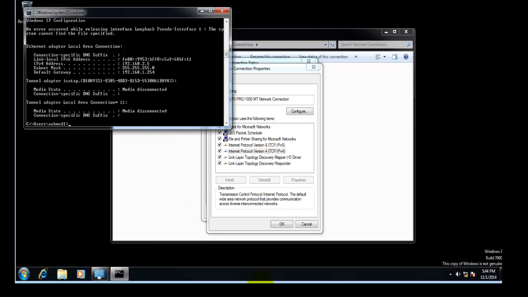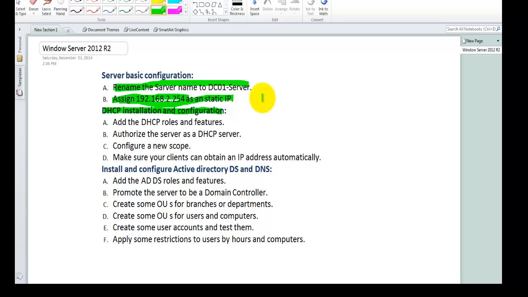Now we did the reservation by MAC address. We added the roles and features, we authorized the server as a DHCP server, remember when we did the commit thing, we configured the scope, and also we did the reservation. And our client got an IP address automatically from the DHCP server, and we did the reservation and all that. Okay, so now next let's install